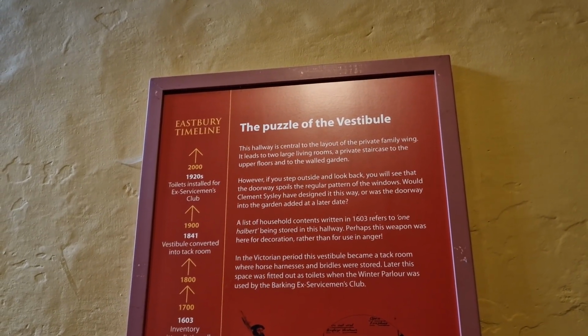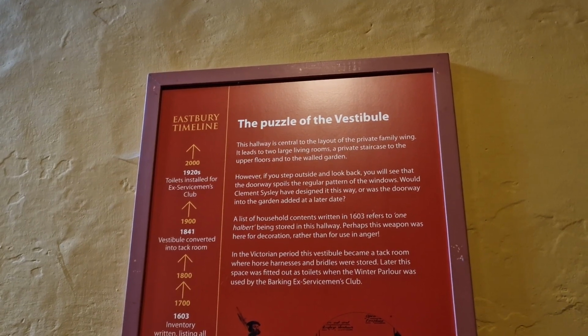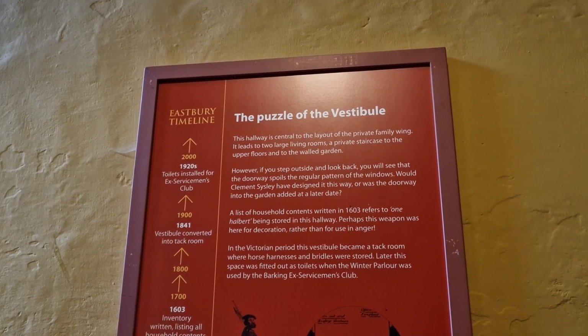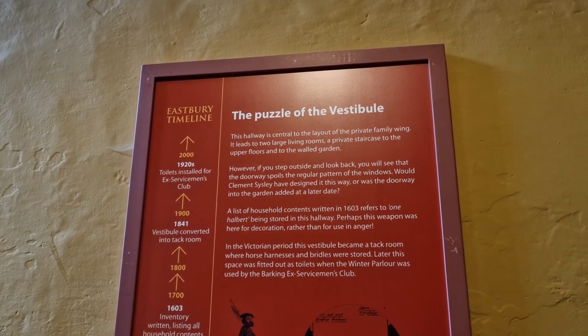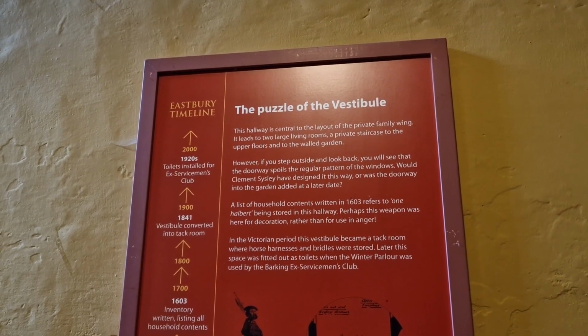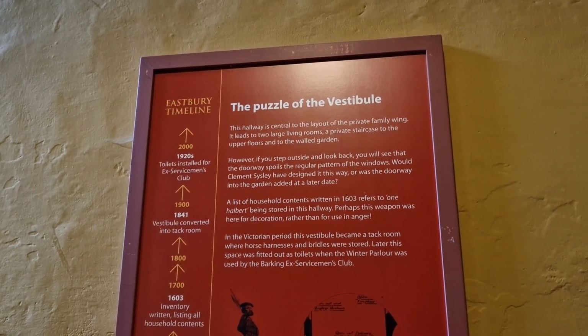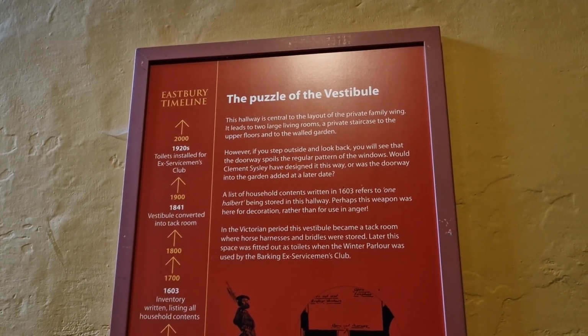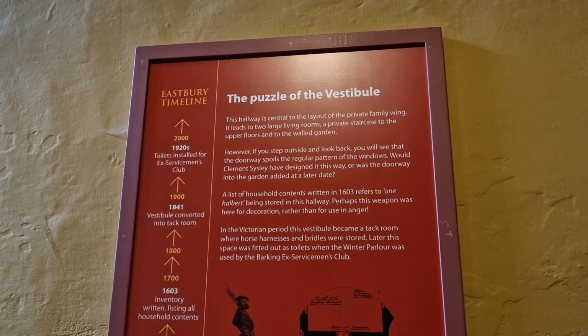Puzzle of the vestibule. This hallway is central to the layout of the private family wing. It leads to two large living rooms, a private staircase to the upper floors, and the walled garden. However, if you step outside and look back, you will see that the doorway spoils the regular pattern of the windows. Would Clement Cicely have designed it this way, or was the doorway into the garden added at a later